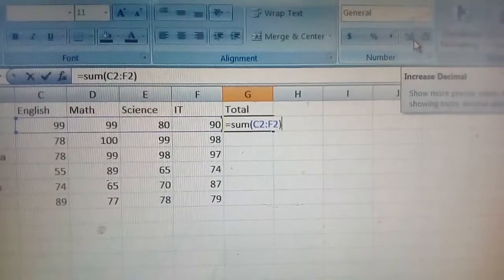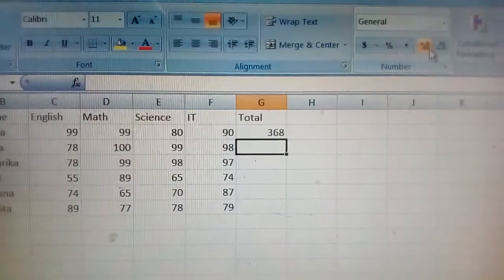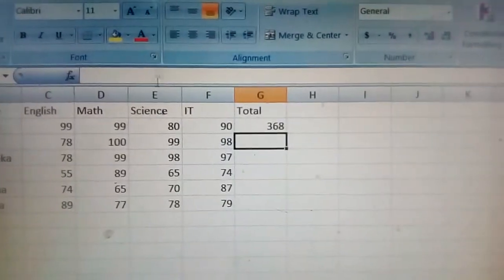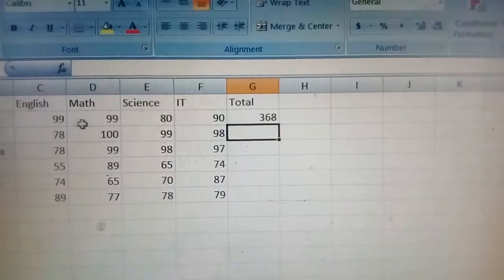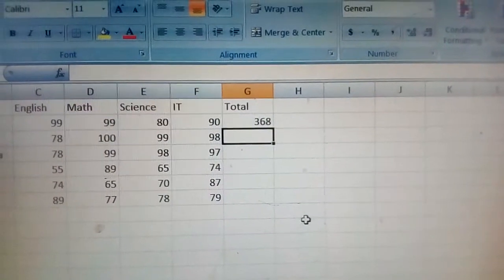Now you have to press the enter key. So this is the way you can do the total of all these numbers.